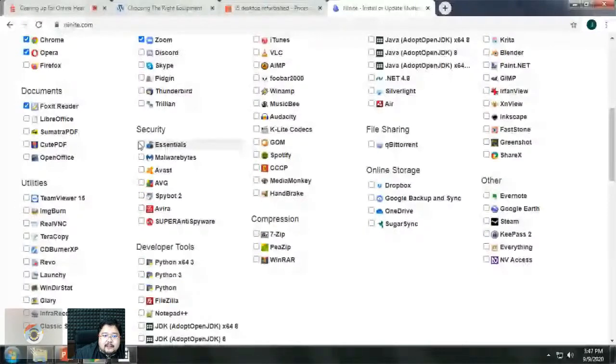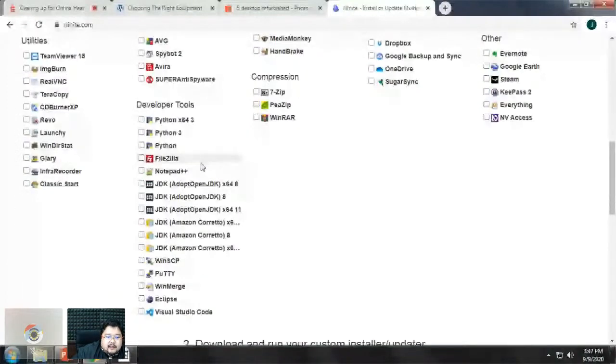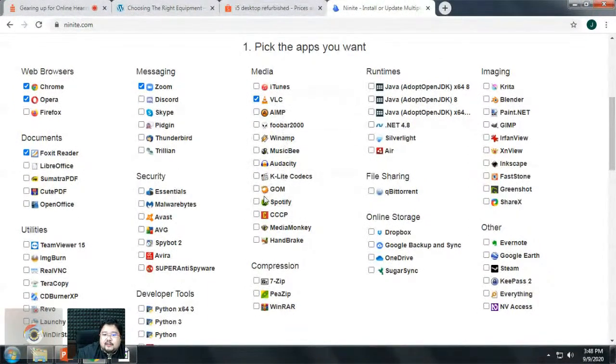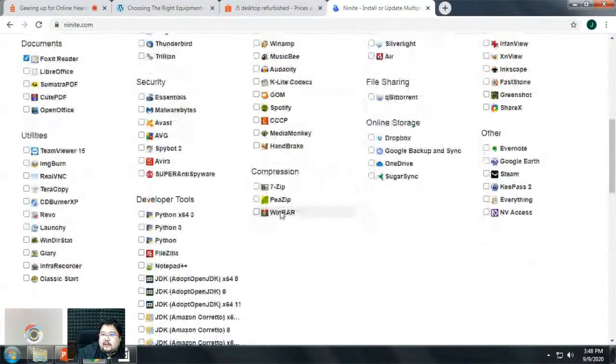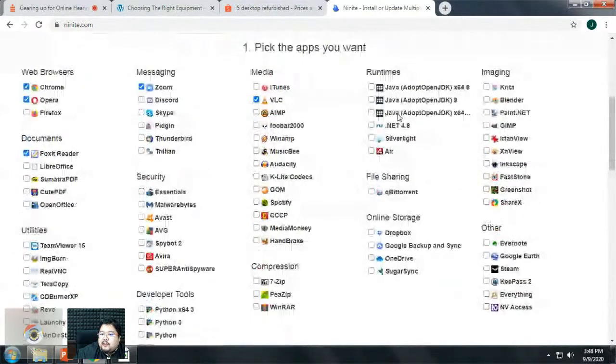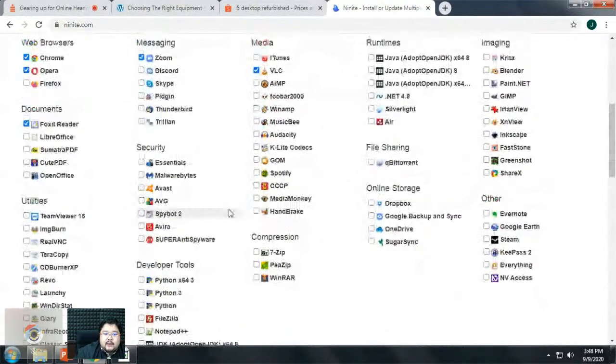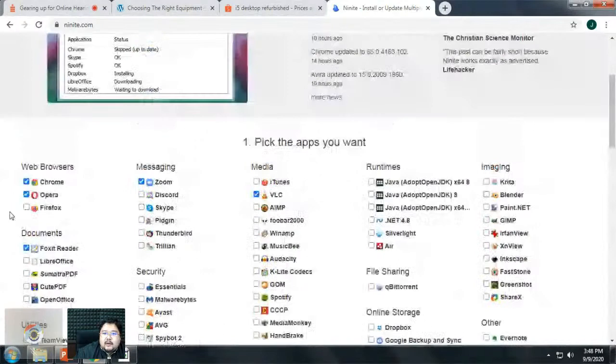Antivirus, all right. Your computer needs a good antivirus, so you can use Avira, AVG, Avast. They are equal in capacity. Sometimes you need some notepad applications. Make sure you have VLC. VLC is in case you need to play videos for the court or for yourself. It plays any type of video. Spotify, these things you may not need. You may want Dropbox. So tick what you want, and if you forget, you can come back and do it again. So what I like about this is this.